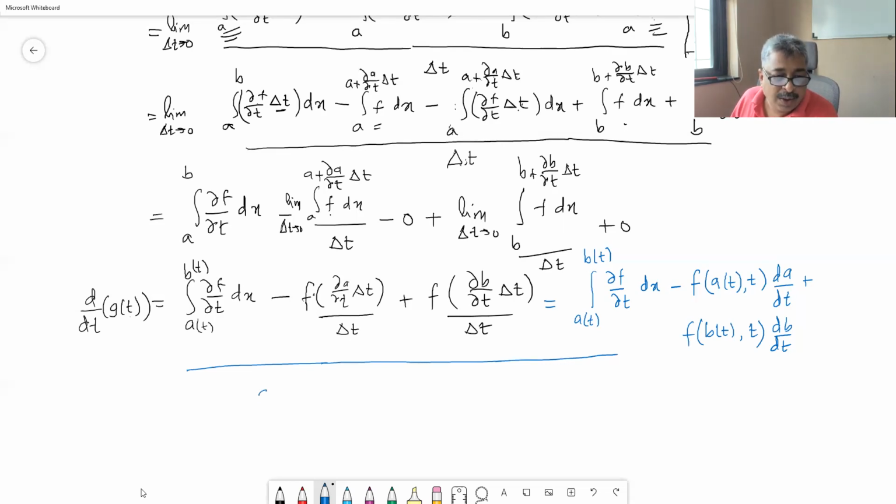Okay, so the derivative with respect to the parameter of g of the parameter is equal to integral from a of parameter to b of parameter